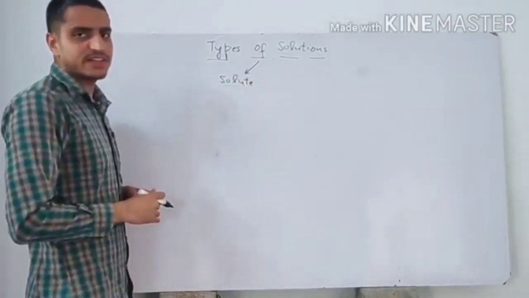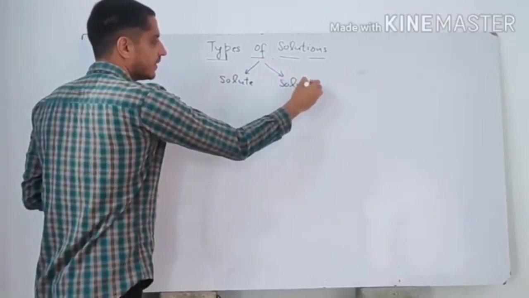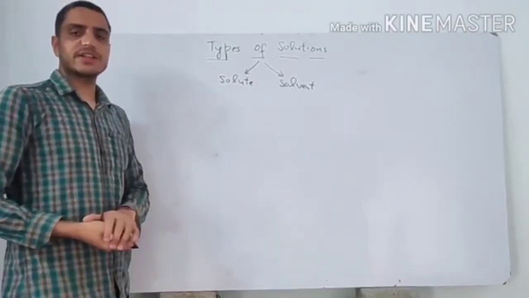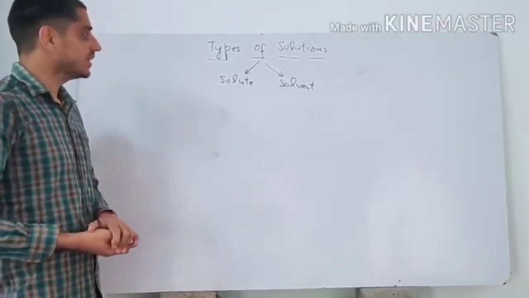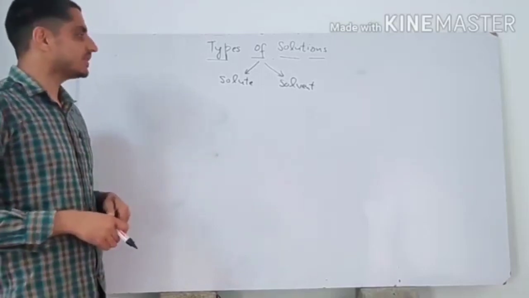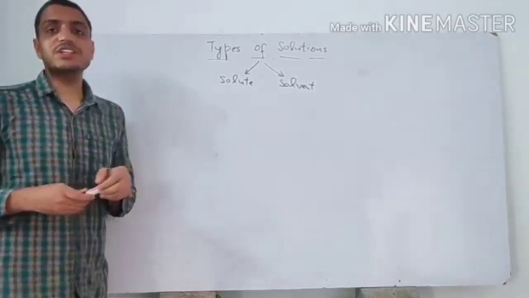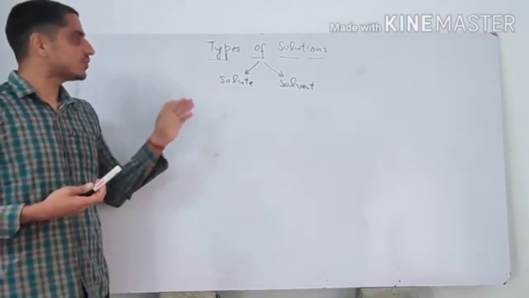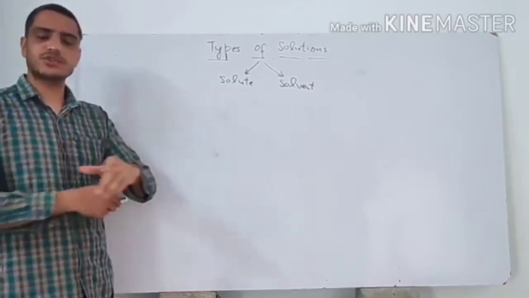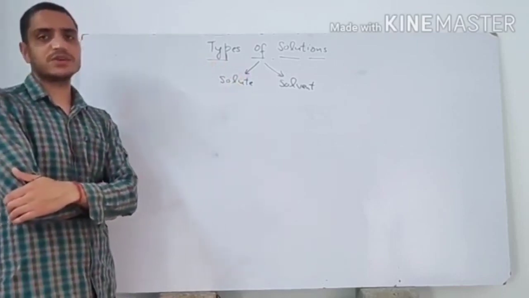One is solute, which is present in lesser quantity, and the second one is solvent, which is present in higher quantity. Solute plus solvent combine together to make a solution. So when you combine solute plus solvent, for example, when you dissolve sugar in water, sugar is in solid state. So you will say that the phase of the solute is solid. In case of sugar plus water, the phase of solute is solid, and solvent, that is water, is in liquid state, so the phase of solvent is liquid.